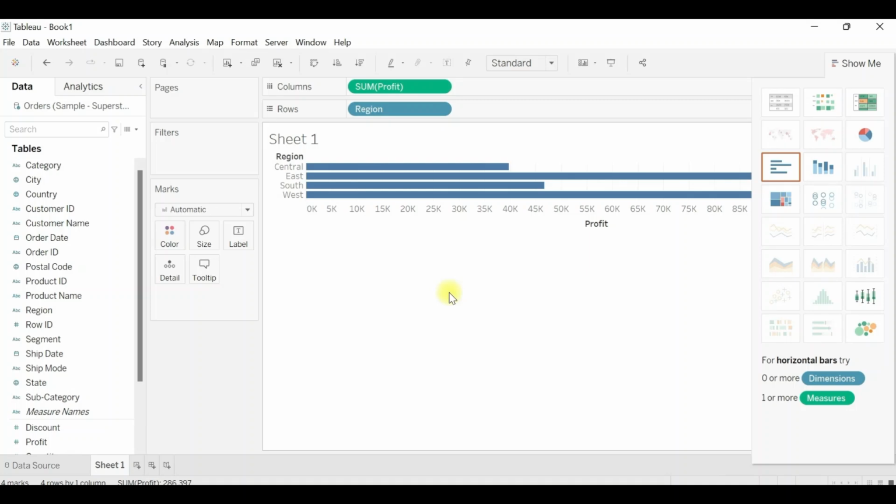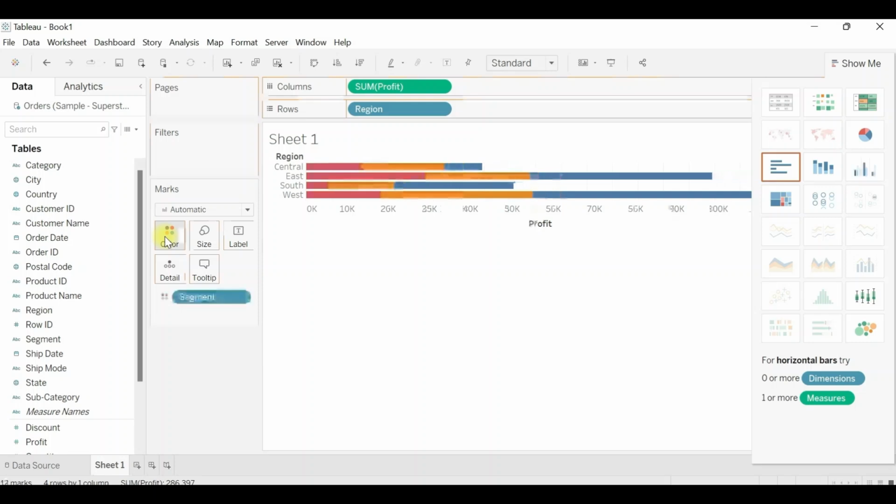Also, there are certain other actions or better visual things that we can do. For example, for the region wise sales, I need to further segregate it into a different color coding. Let's say on the basis of segment, what I'll do is I'll push segment from the columns to the colors and we'll see a color assigned to the bar chart based on the segment.